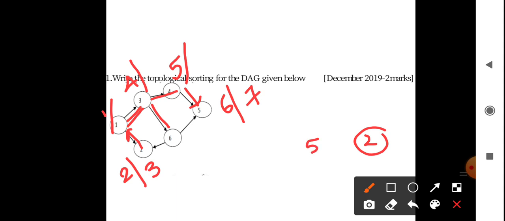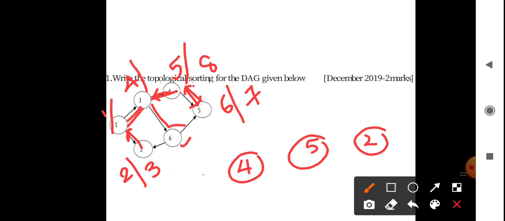So 5 will be added to the front of the linked list. Then move on to 4. All child nodes of 4 are already explored. So its value is 8. So 4 is added to the linked list. And next move on to 3. Here 6 is not explored. Only node 4 is explored.